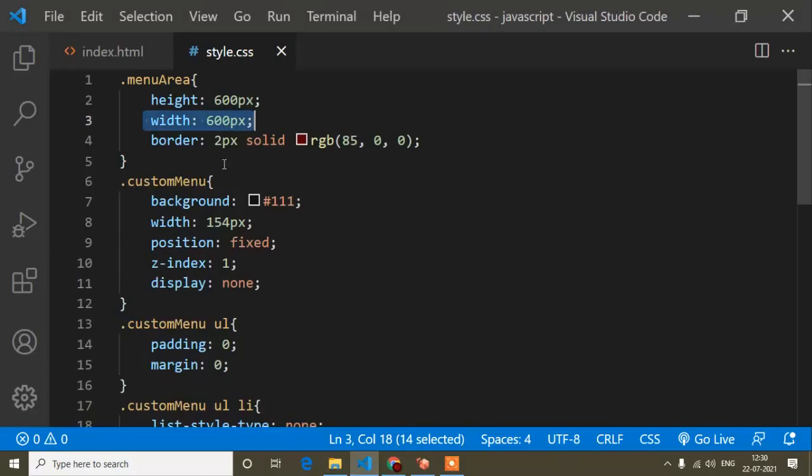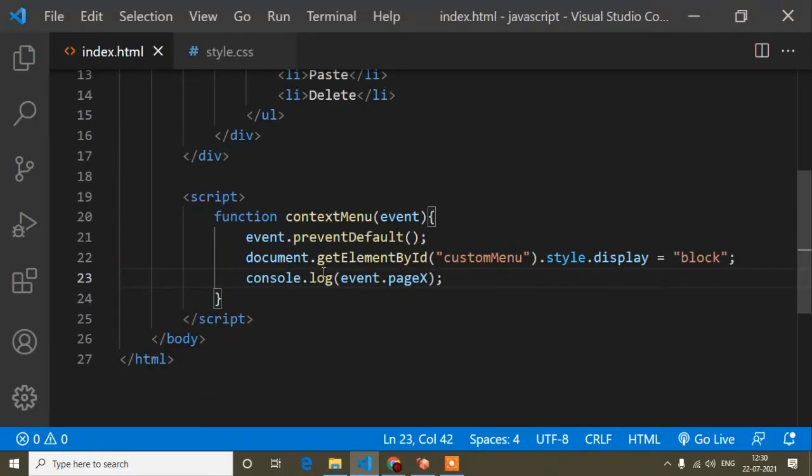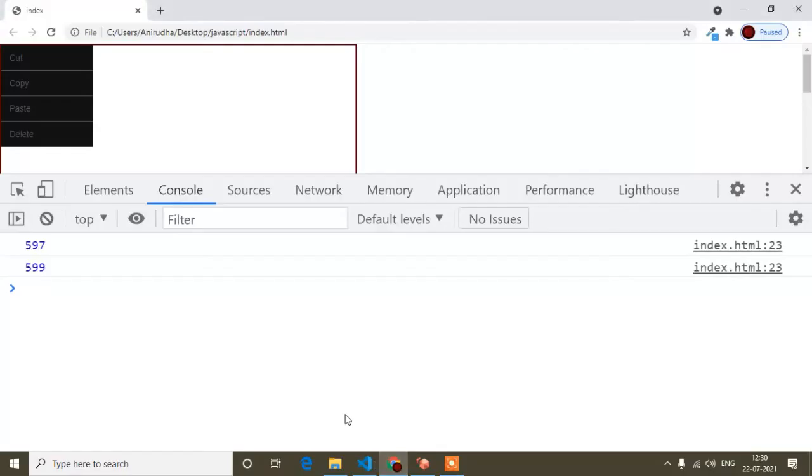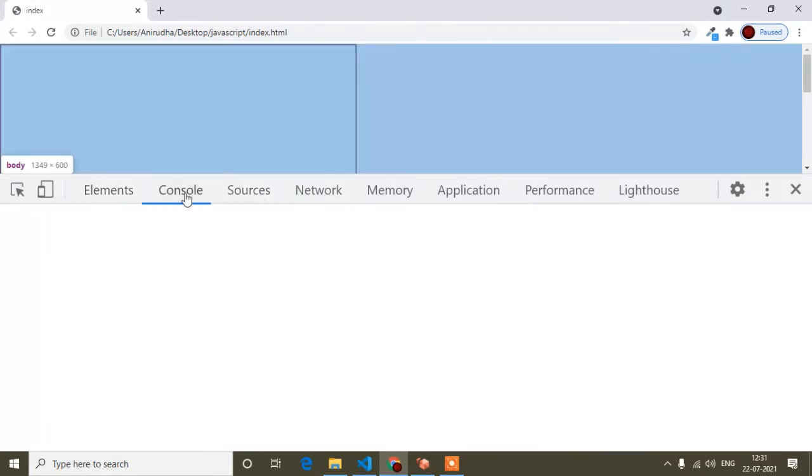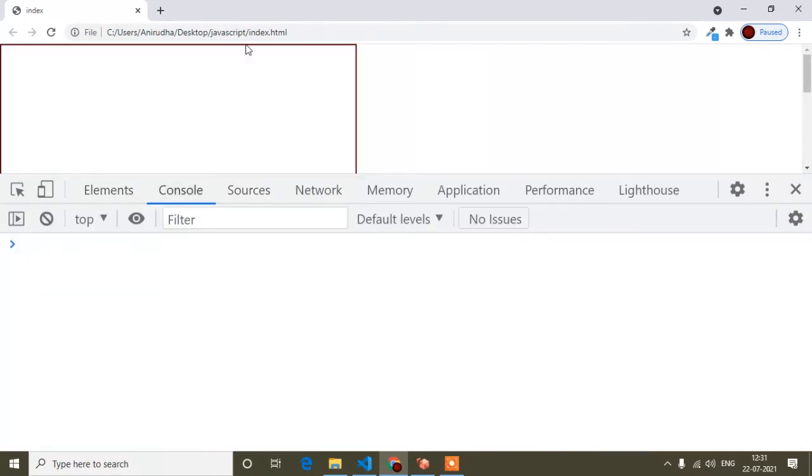Now, guys, here is another JavaScript property, that is pageY. It returns the position of height. So save, and the height starts from here to our bottom here. Now I will open the console again, and if I click just at the top, that means the height is starting.